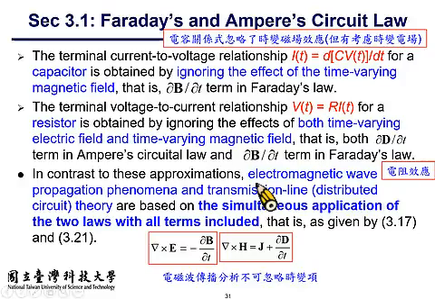Okay, in chapter 3.1, we introduced the differential form for the Maxwell equation, including Faraday's law and Ampere's Kirchhoff law. They are written as the curl of E equals the minus of the time derivative of B, while the Faraday's law says that the curl of H equals the current density J plus the